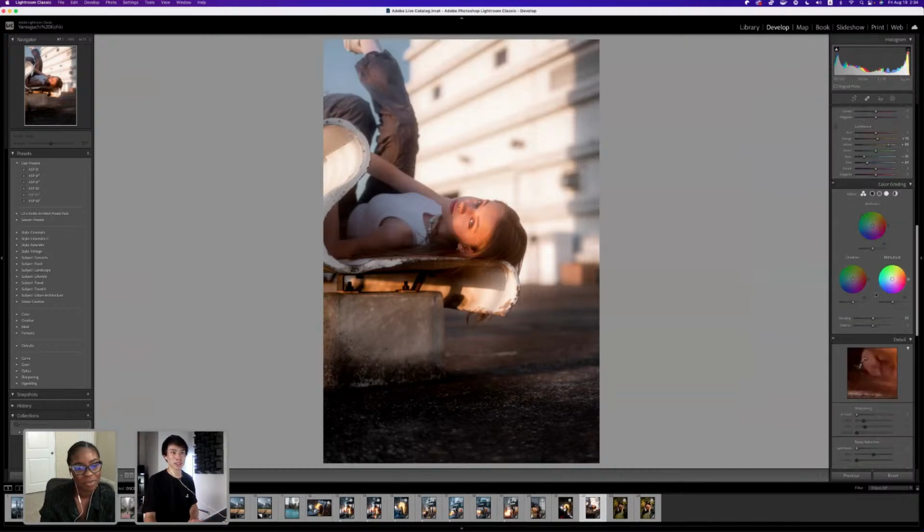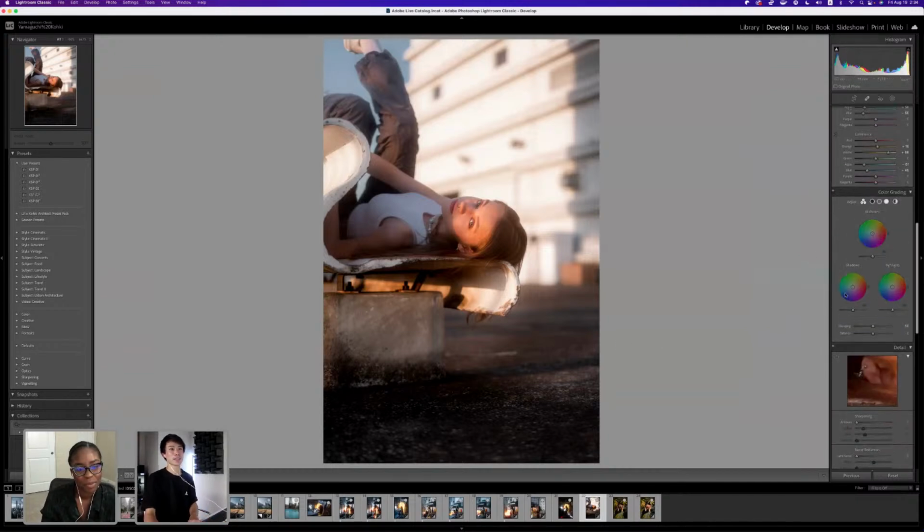But yeah, do you want to kind of, for this photo, I think this was one of very few photos where I actually attempted something different, and I added greens into the shadows and orange into the highlights. And I'm not sure if it's very apparent within the photo, but